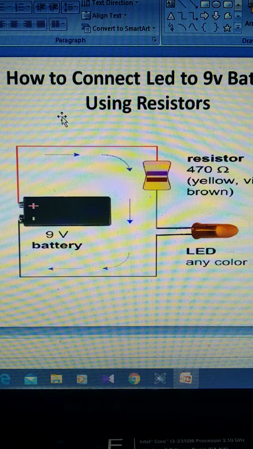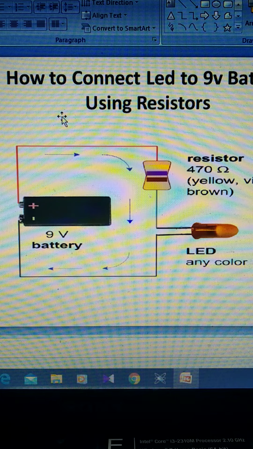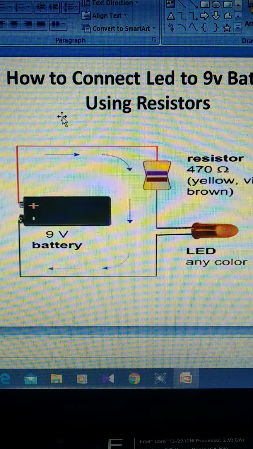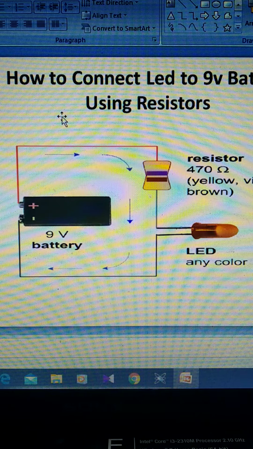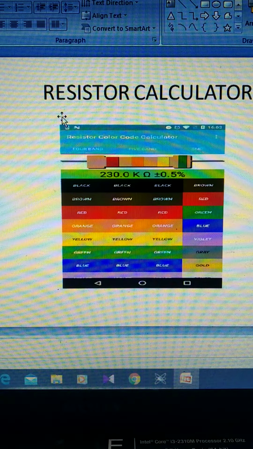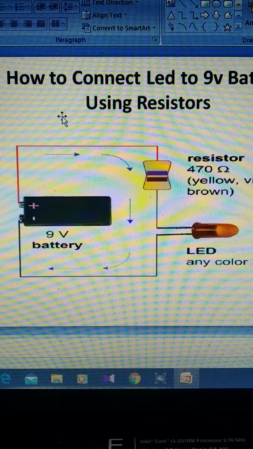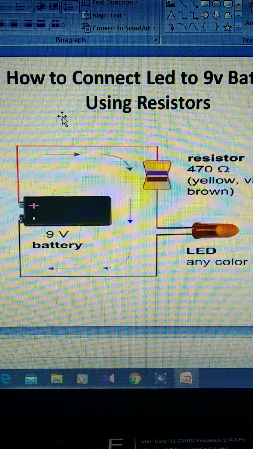For that, we want to know the color coding of the resistor. Initially, in our school days, we learned the color coding using a shortcut key: B.B. Roy, Great Britain had a very good wife. Nowadays, a separate application is there to calculate the color coding. This slide represents the color coding. In the first case, if the supply comes from the battery, the LED will be turned on, or else it will be off.